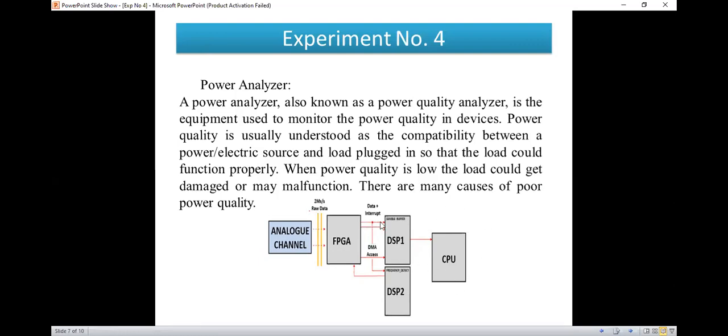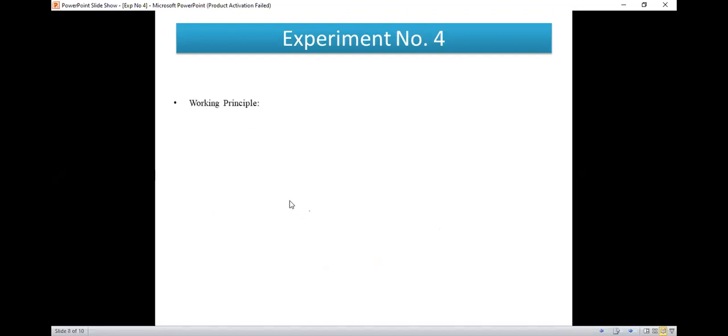If an interruption happens, that is, every type of interruption like sag, swell, or any interruption, the data comes into the DSP, the digital signal processing unit. It is processed, and the result goes to the CPU. So this is the power quality analyzer, which is introduced in the source to load condition.